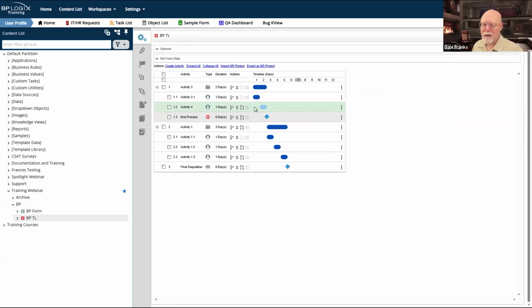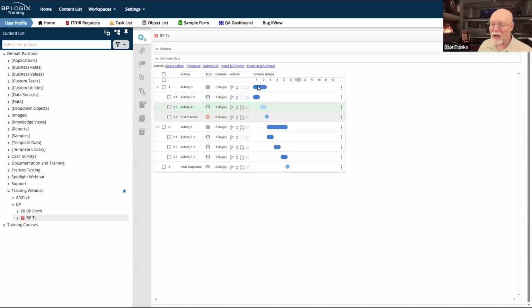So in this case, I have the end process stuck here in the middle. This is where you should be placing your end process stuff, not at the end, because that's not its purpose. Our job with the end process is to end the timeline, usually because some condition applies that short circuits everything else that's supposed to happen in the timeline. So I might put an end process here where if this activity fires and it runs through this sequence, I want to end the activity right there. I only want these 2 activities to run, then I'm done. I don't need to run any of this stuff, so I'm going to end the timeline way up here.